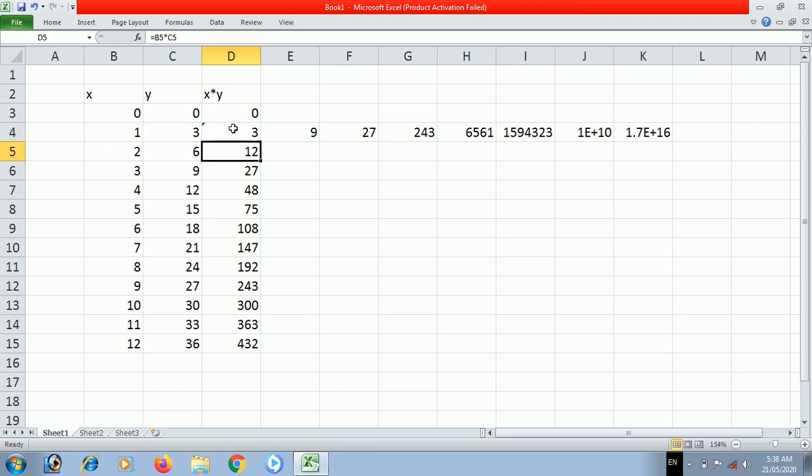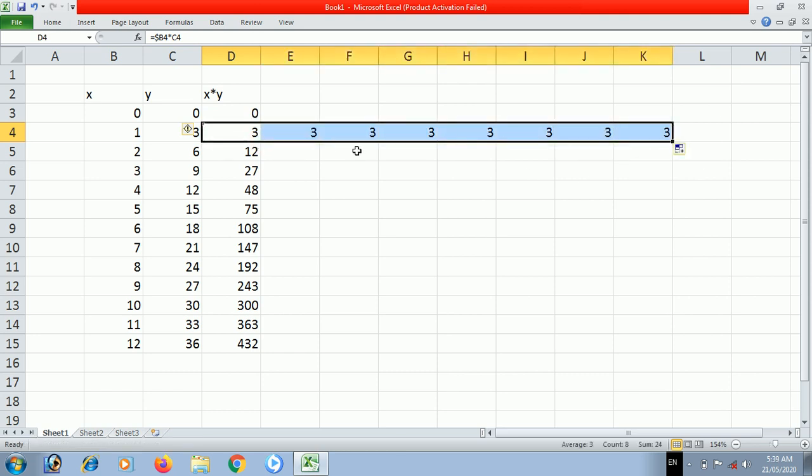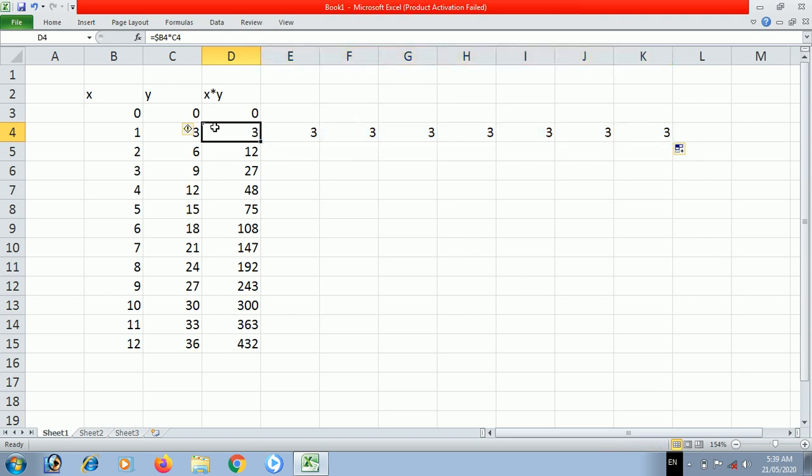B will be maintained in that field, and it will be multiplied by C4, that 1 multiplied by 3, and B got maintained, therefore everywhere 3 multiplied by 1 will be there.